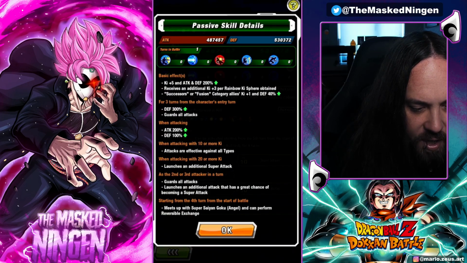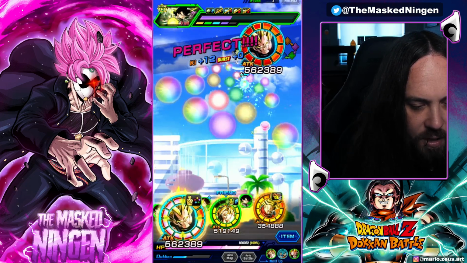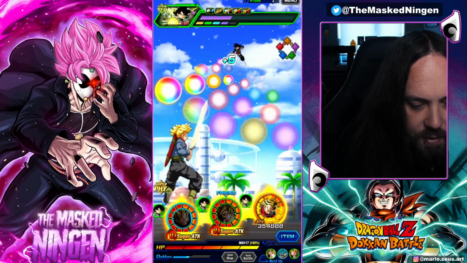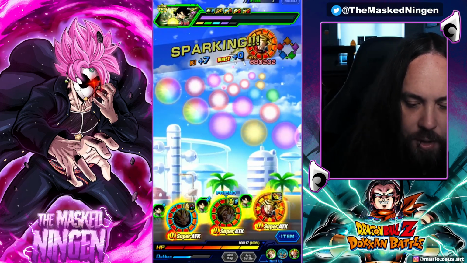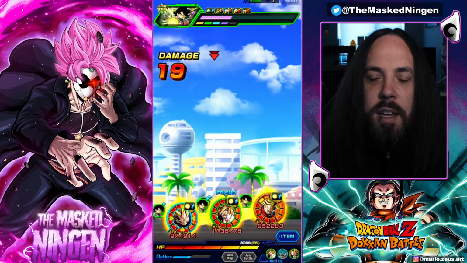So I always forget for these guys, for 3 turns he's got guard and the extra defense. It doesn't really matter which one of them is in slot 1 on the first turn, really. So we'll do this just for the sake of the Vegeta having the extra defense, and then we'll grab those for you. Trunks is only on the team obviously because we have to have a Future Saga ally. So that's the